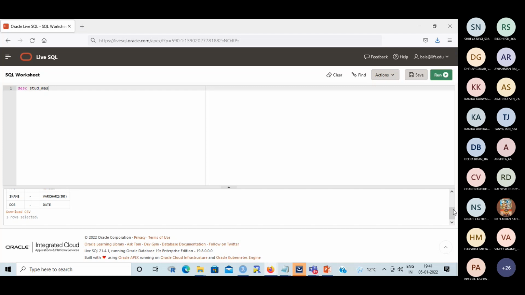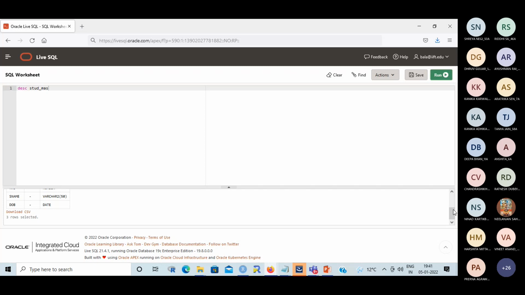Definition is a different thing. Modification is a different thing. Here, I am not changing anything in my record, in my tuple. But I am changing it in my table. So I am changing it in my definition. I have already defined this as varchar 2 of 50, but now I want to change this to varchar 2 of 100. I am not affecting my records or any of my tuples. But I want to change my definition. So it should come under